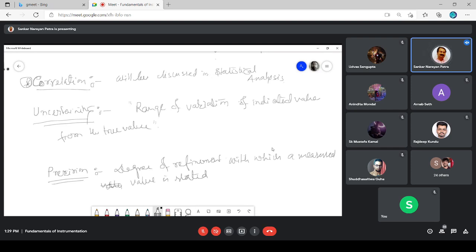So as I said, precision is the degree of refinement with which a measured value is stated. If an input quantity of the same value is applied repeatedly to the instrument under exactly the same environmental condition, definitely like 1 atmospheric pressure, 2 atmospheric pressure influence the boiling point, so the same environmental condition will be required here, and the indicated value is expected to be the same. That means